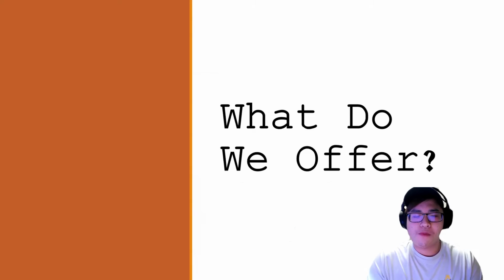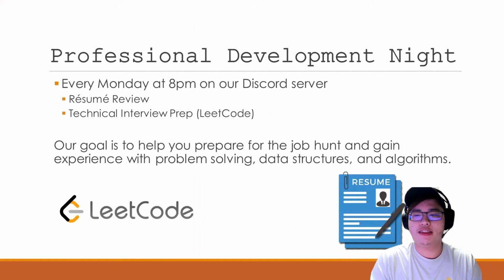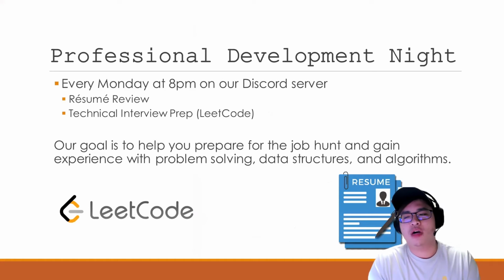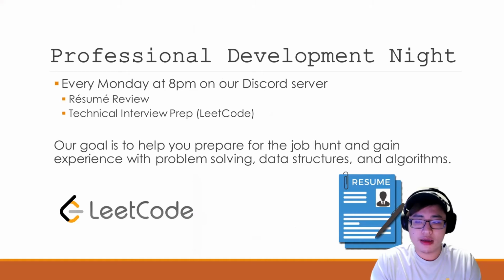So, what do we offer as the student branch? One of the toughest parts of getting a job in the engineering industry is the technical interview. This is usually where most people don't move on to the next stages of the interview process. Interviewers ask applicants different technical problems to determine whether or not the applicant is fit for the job. And if you're like me, you've probably failed a couple of these in the past and are struggling to get